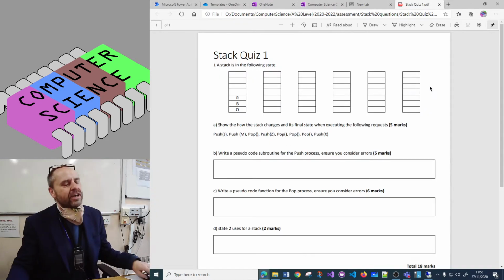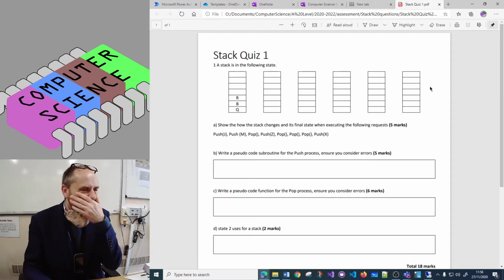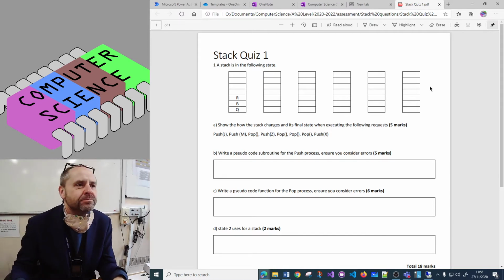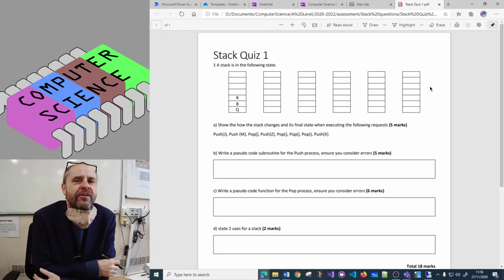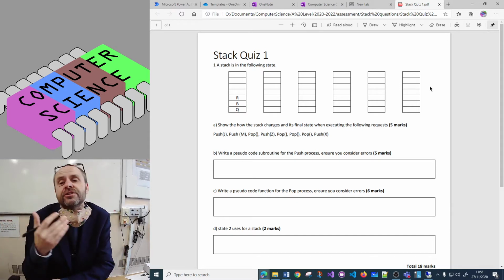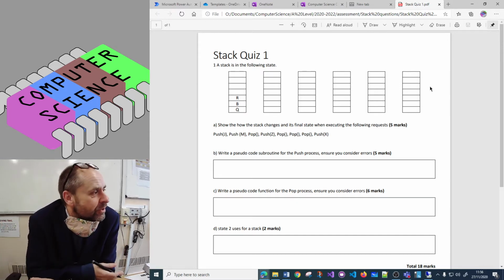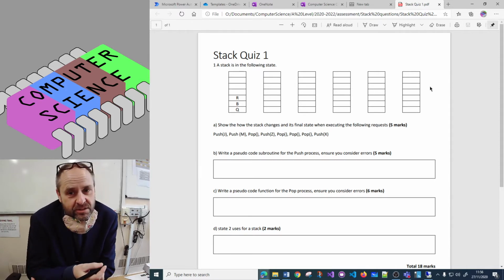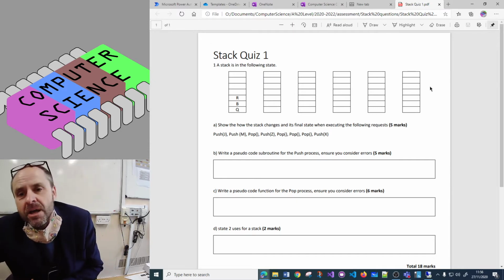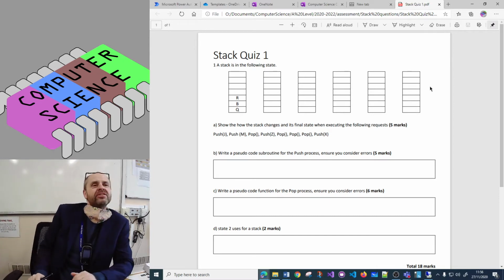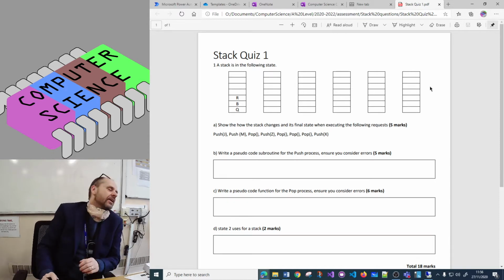Right, okay, so one of the things that you'll get with all of the data structure questions that we'll do is they'll ask you for algorithms. So how would you add something, how would you remove something, how might you search for something in that data structure. But another thing they will ask you to do is to just, at a basic level, demonstrate that you understand how it works. Okay, so where we've got the stack, there isn't really much to a stack other than putting on and taking off, pushing and popping. So what they're going to expect you to be able to demonstrate is that you know